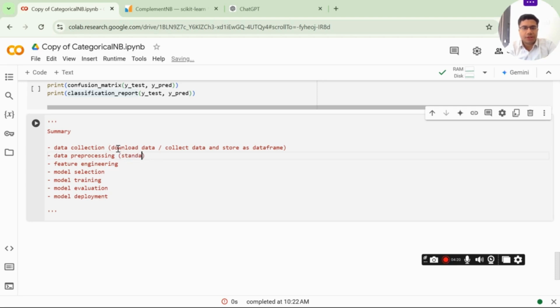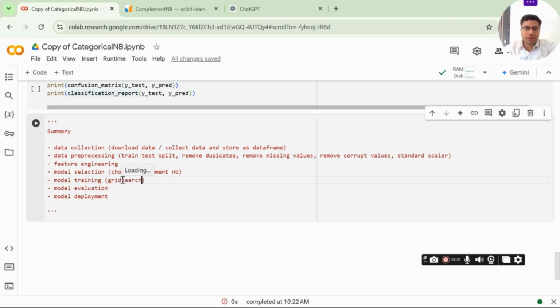Then pre-processing can be standard scalar. It can also be train, test, split. It can be remove duplicates. It can be remove missing values. It can be remove corrupt values. Feature engineering means creating new features. Model selection is choose Complement Naive Bayes, then here we will have grid search, then evaluation and deployment. These are the